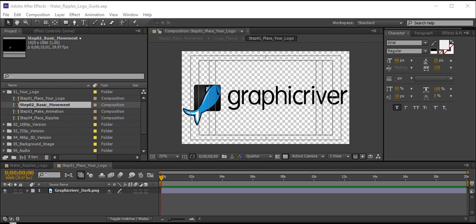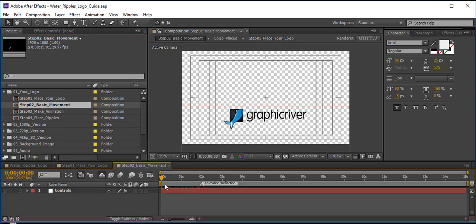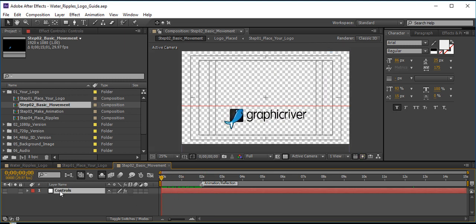All right, now we have placed our logo. The next thing is to go ahead and make the actual animation. The thing about this template is that you are going to make the animation. So don't be scared. It's very much easier than you think. So once you open up this composition, step 2,